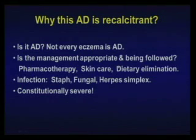Then constitutionally, sometimes we believe that the parents are doing their job and we are doing our job, and the patient is constitutionally severe. We had a child yesterday, and the mother was crying. She has been going from one dermatologist to the other, allergist to the other, and she just says everything is not working. We discovered some reasons which are difficult to solve, because Medicaid will not approve some medication that I will explain now. And when we offered that we will talk to Medicaid to convince them,